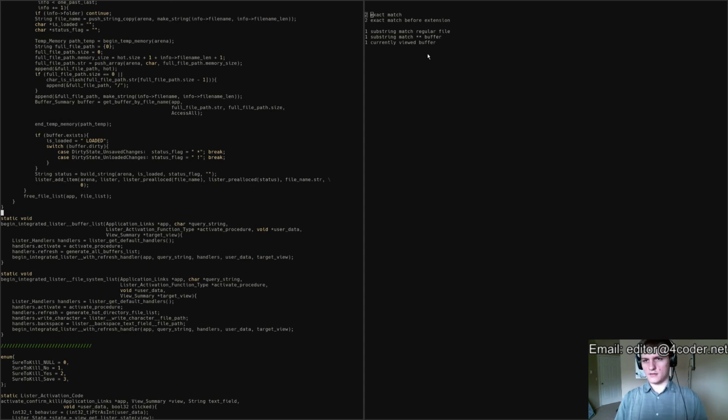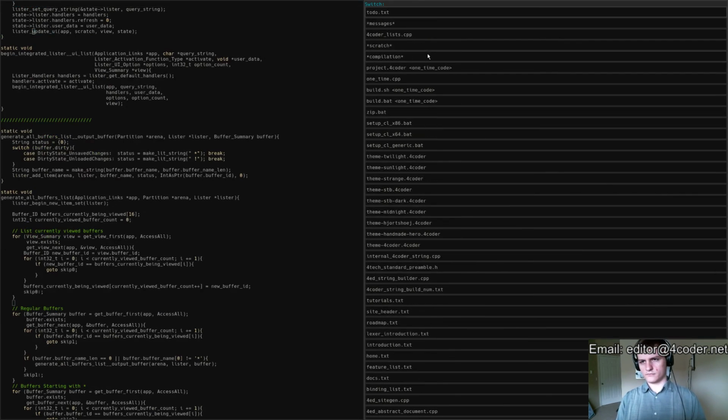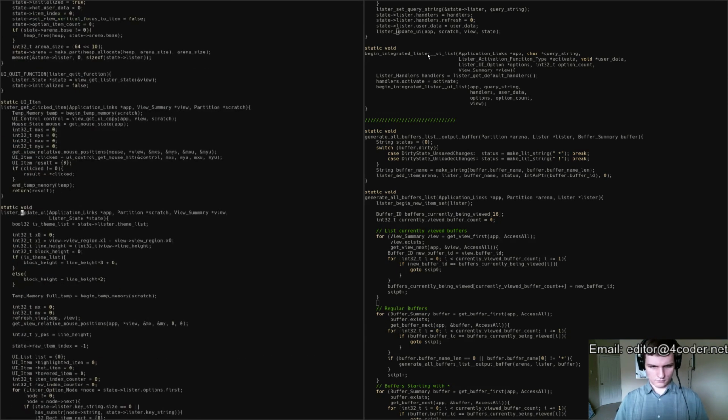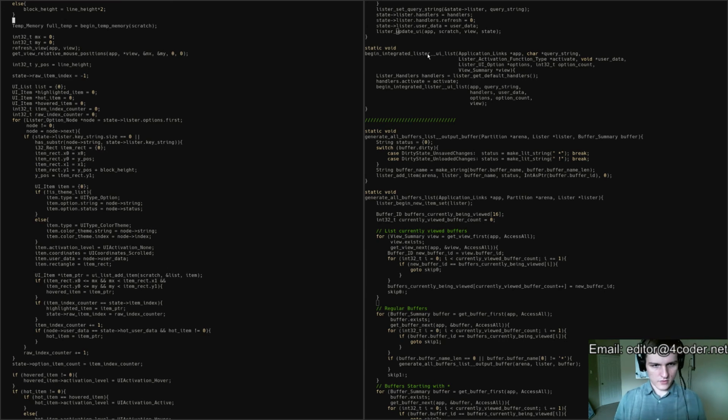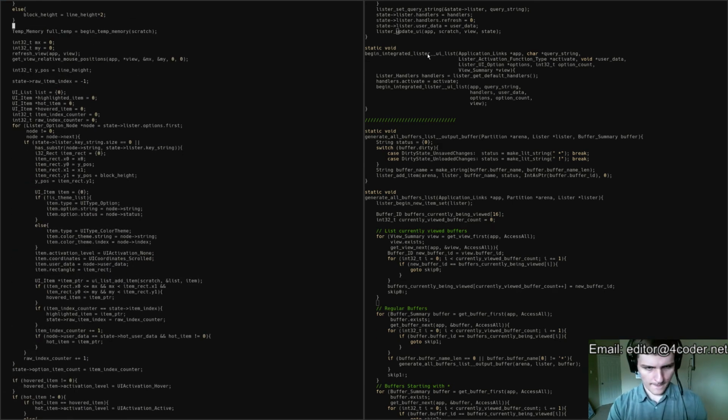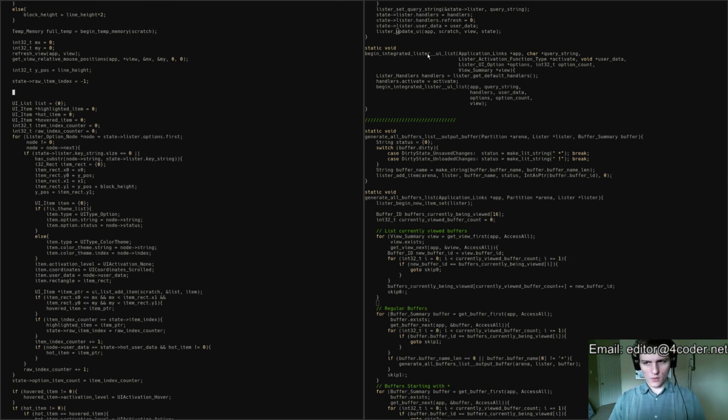Not the generate call. I guess it's update UI. Yeah, okay, so this is the part we actually want to be changing. This is where we're outputting a bunch of items, and we decide to output an item whenever we iterate the option nodes, and we basically want to build... okay, so Scratch is fully protected right now. It's all under the full temp, right? Yeah. Okay. So what we're going to do is we're going to build